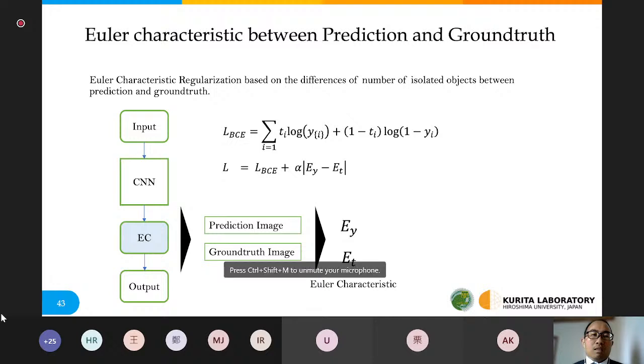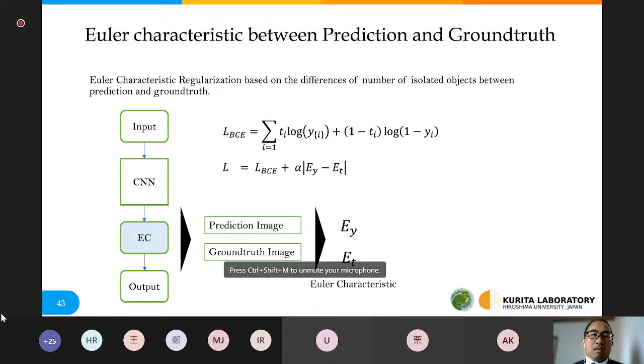Here, AP is the number of isolated objects for the prediction image, and AT is the number of isolated objects for the ground truth image. So different from the previous regularizer,